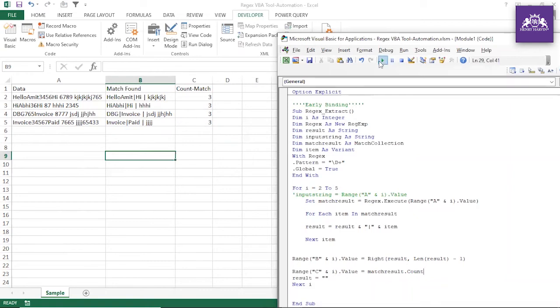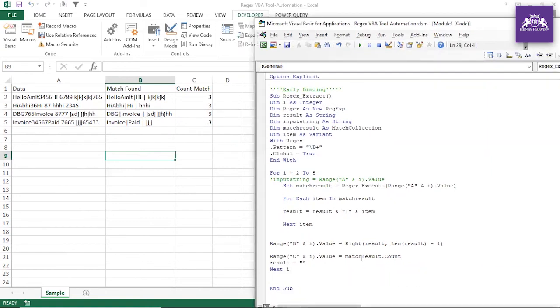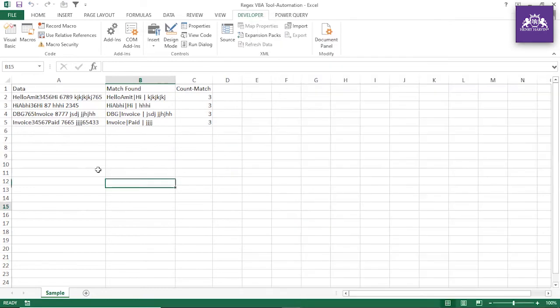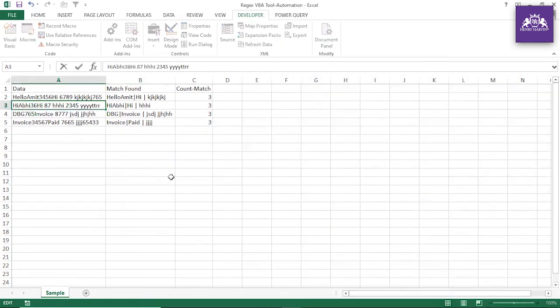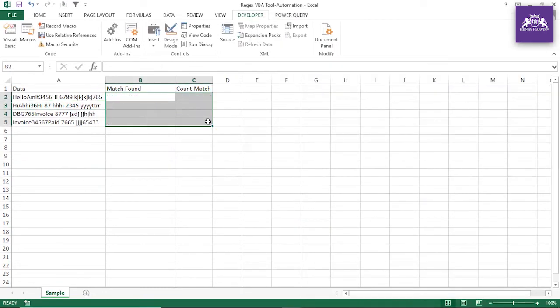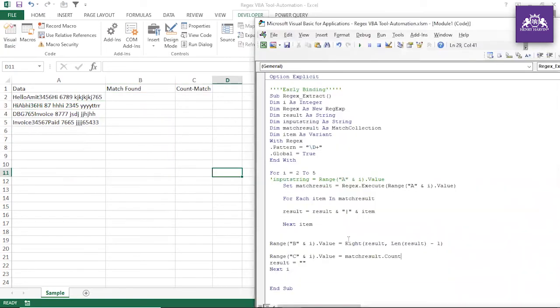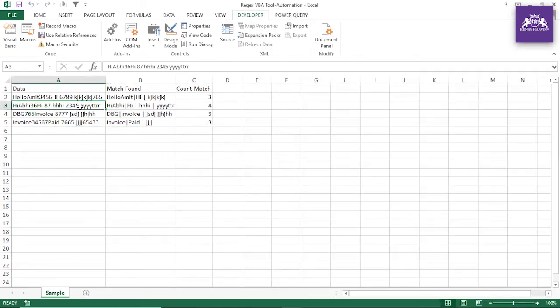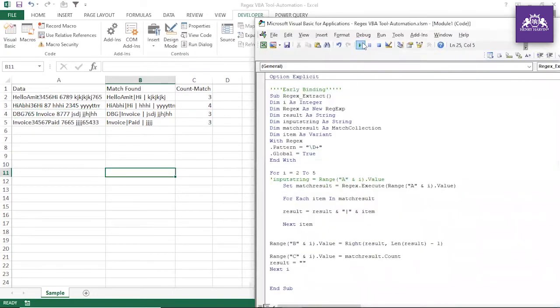Let me remove this. Now let me run that. All right, it is working, because if you look at this, 1 2 3 and 4, this is 4. And because this is actually one string, no space is there, and if you give that a space, the answer will be 4.